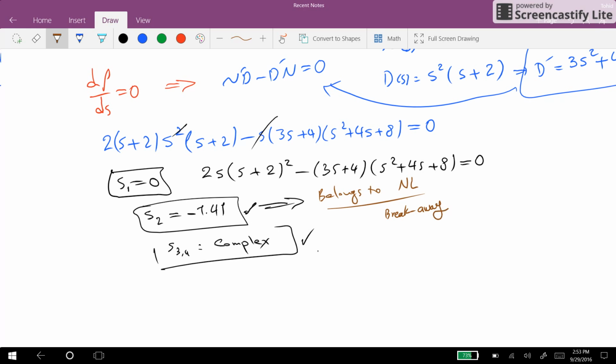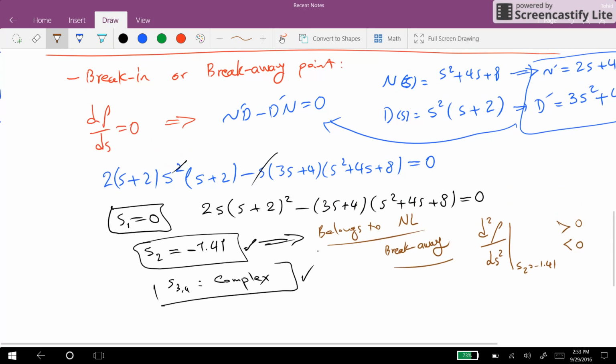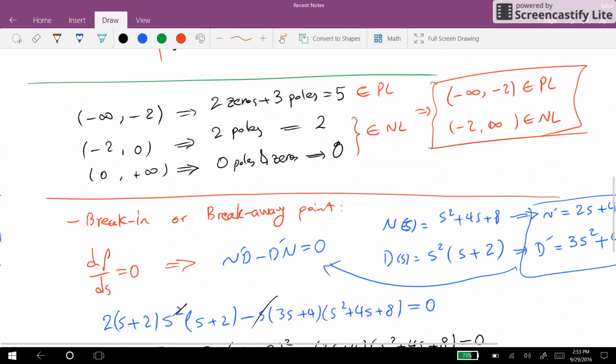The other way to determine whether it's a breakaway or break-in point is to find the second derivative of rho with respect to s, evaluate it at s2 equals minus 1.41, and determine the sign, whether it's bigger than 0 or smaller than 0. Then you will know that it's a breakaway point. Regarding s1 equal to 0,